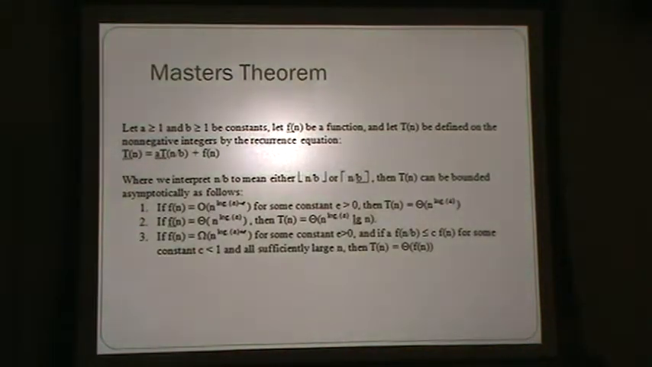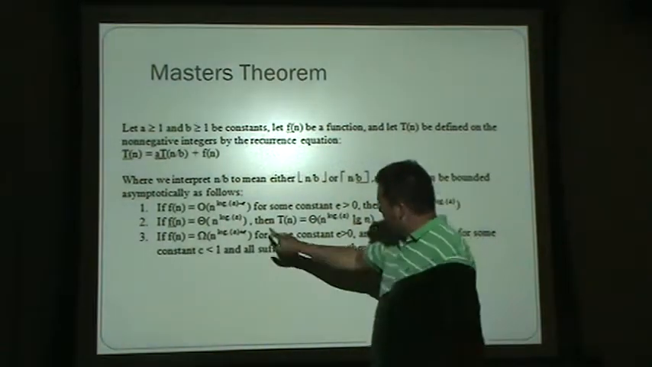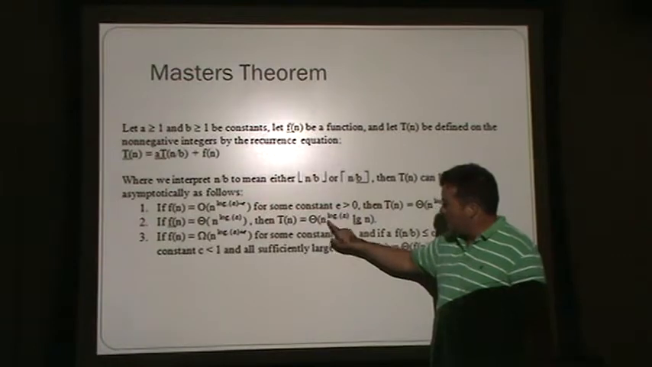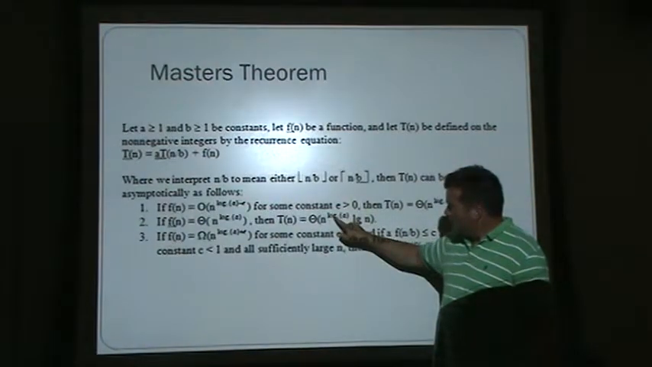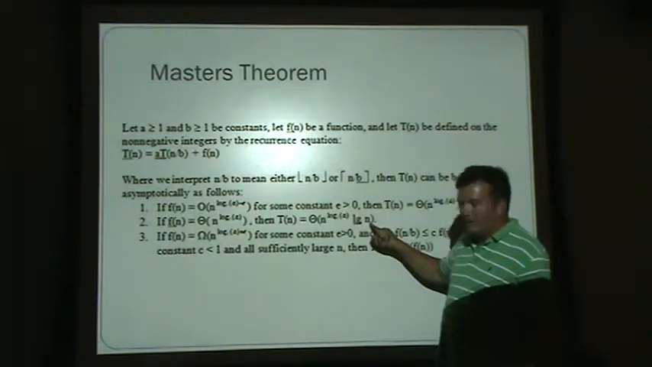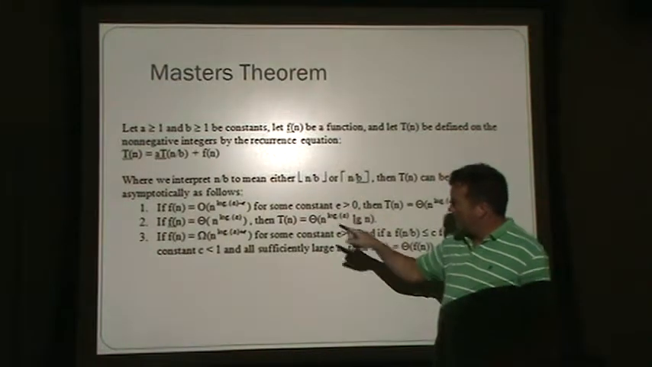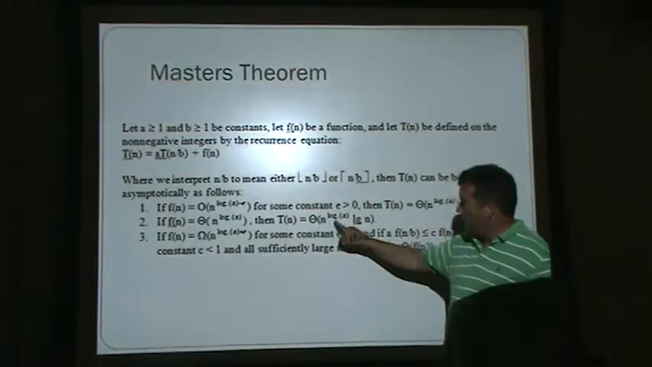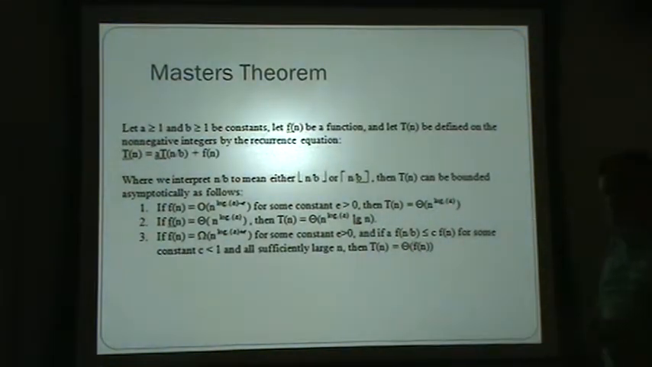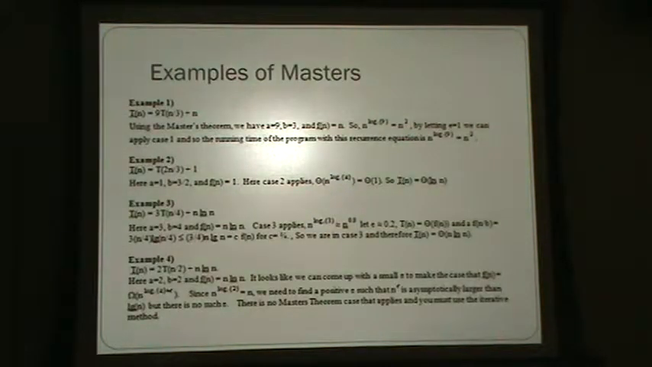This basically said if we are in case 2, then the running time of the algorithm is n to the log b of a times log n. So in that case, this was a 1, so it would be 1 times log n. So that ended up being log n. And then the third case, an example of the third case is